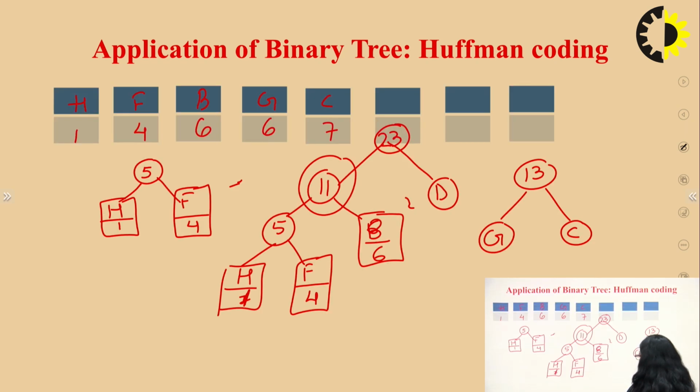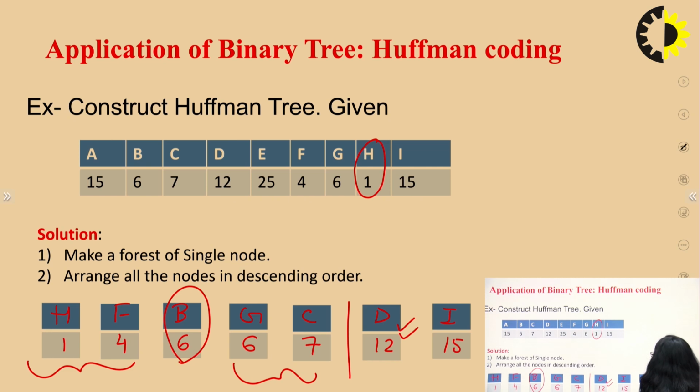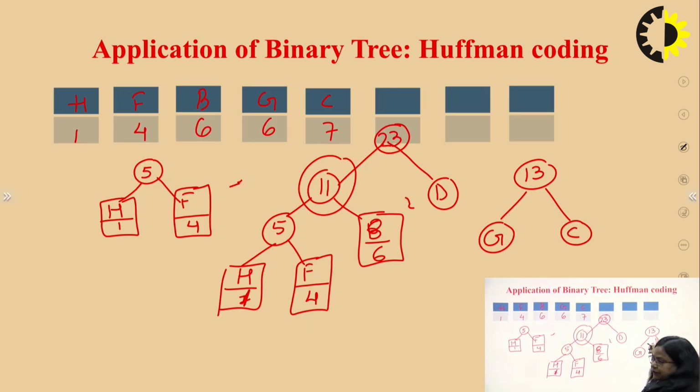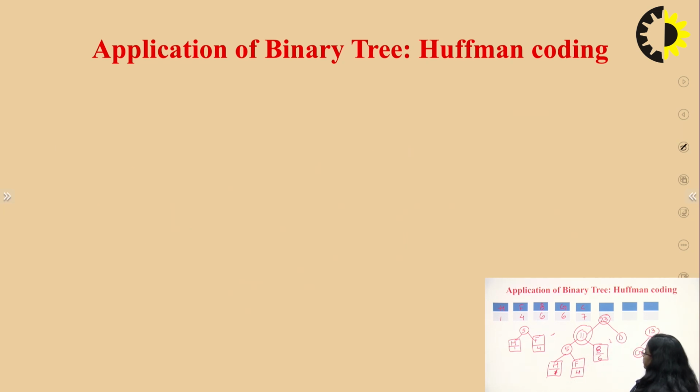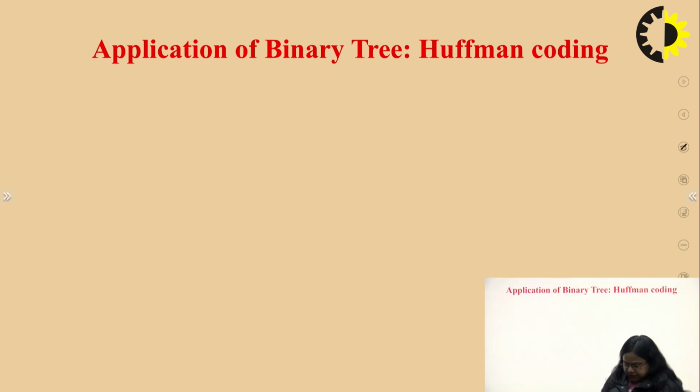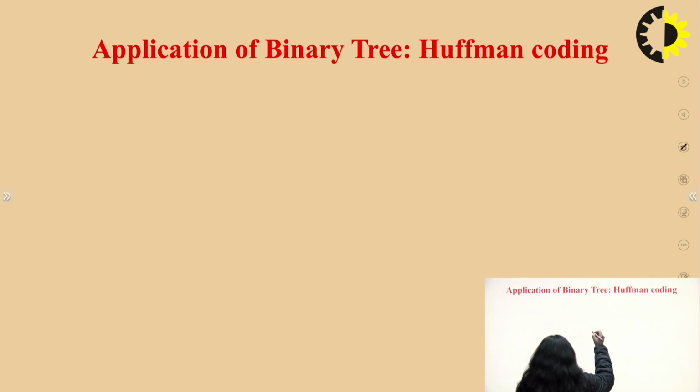Then after that, what we need to do is 15 plus 15. But before that, we have a 13, right? So we have to combine the 13 with the 15, right? Similarly, this is the way, and finally we reach the final tree. Continuously processing it, we generate one tree, getting a tree of 91.